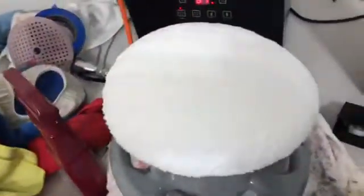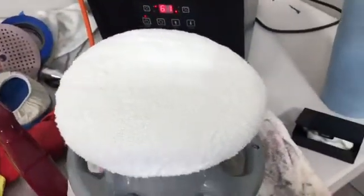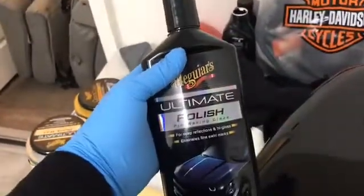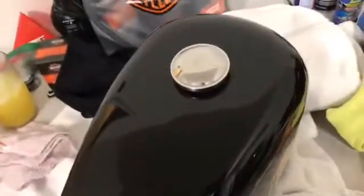But the first time I do something like this, I like to use the orbital polisher because it's a little bit more aggressive. So all I'm going to do is take this polishing compound, squirt some on the tank, and then I'm going to polish it out with the polisher. So when you're using a polishing compound or rubbing compound, you want to do little sections at a time, not too big of a section